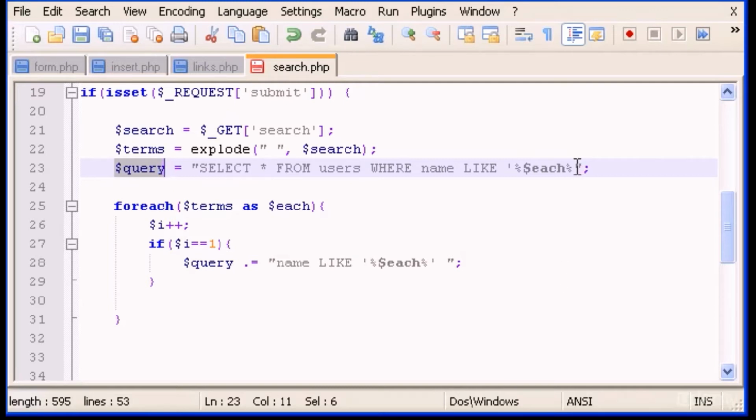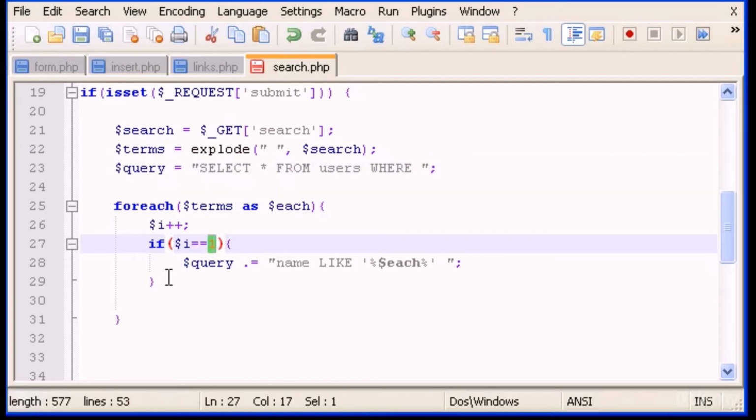Okay, so let's take this out. So basically we're building a dynamic value for the variable query, okay? In the case that we have one word, or else we have more than one word, okay? So else